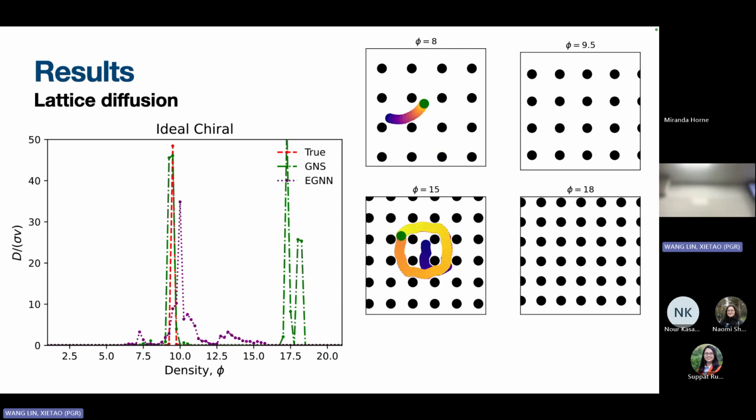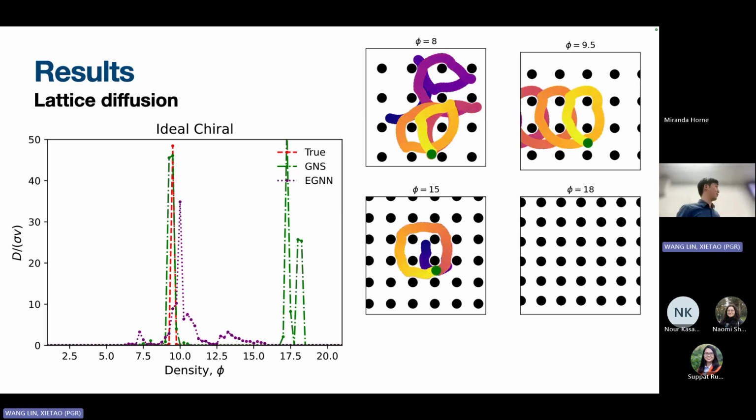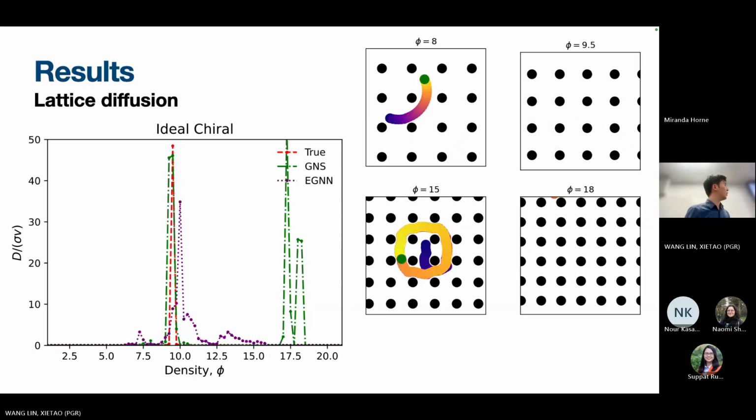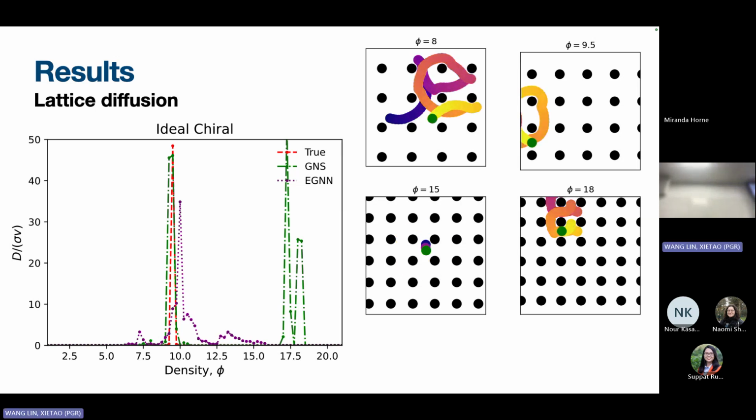However, we do get a second peak later on. And this is, we'll see, this one over here, which is, okay, so if you were to place a particle here, it should get stuck. This is so tight, the particle should just get stuck. But if we look into it and use the graph neural network, you see that it's making these weird movements, which is weird, and obviously it's very unphysical.